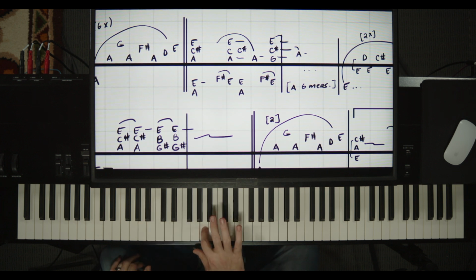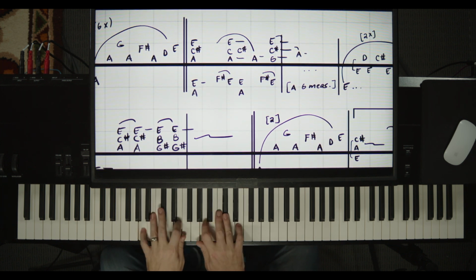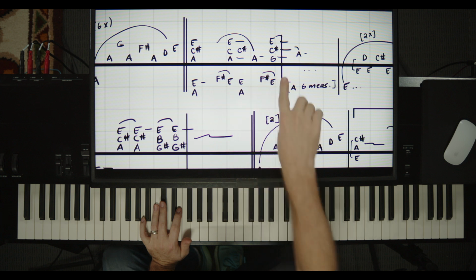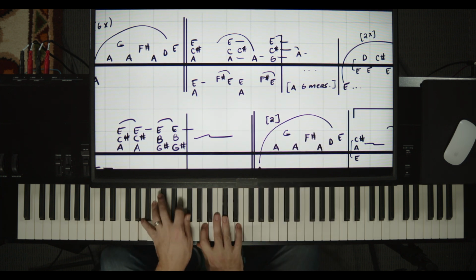On the right hand, I'm going to do A, C sharp, E, and I'm going to go. So I'm just playing the A chord. And then G, C sharp, E there, that gives me an A7. So see, slow motion, 1, 2. All right, so you don't have to do exactly what I have here. This is just a suggestion on this chord. All right, so 1, 2, and